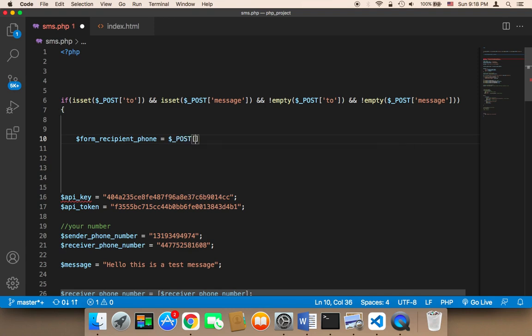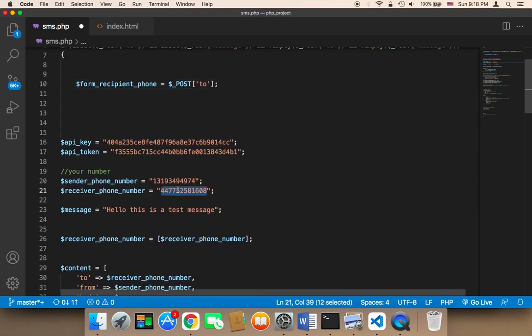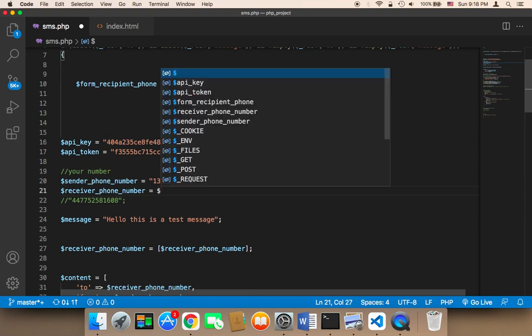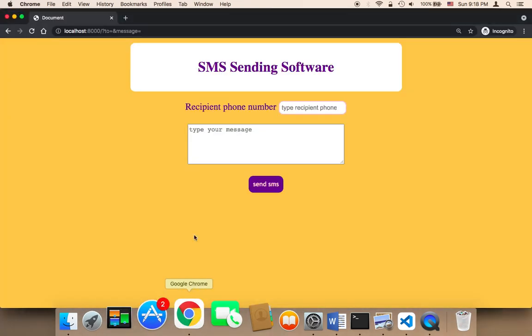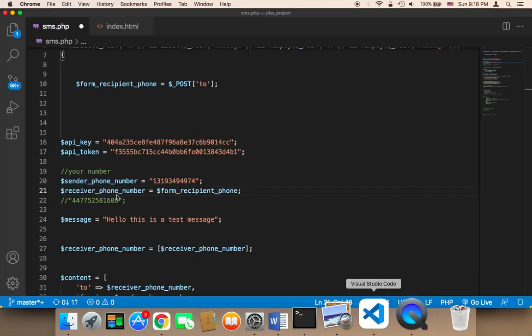$_POST, and then the recipient phone field. This is the recipient phone number. And then instead of using this, I'm gonna now remove this, and instead I'm gonna say here form recipient phone number, which means that this phone number that the user typed here, the recipient phone number, will be stored in